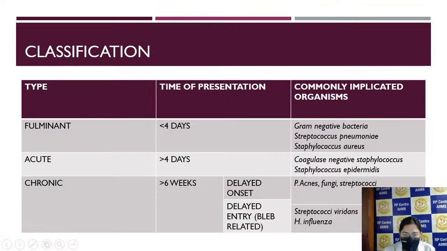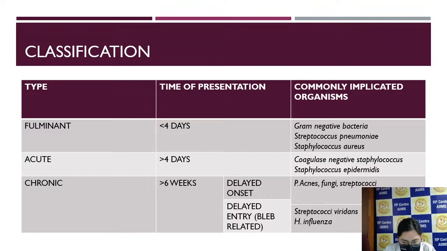The chronological classification can be divided into, the first one is the fulminant type, which usually presents within 4 days of the surgery, and the commonly implicated organisms are gram-negative bacteria and Streptococcus pneumoniae. Basically, these are highly virulent organisms. The acute type usually presents within 4 days to 1 week, and coagulase-negative staphylococcus, specifically Staphylococcus epidermidis, is the most common cause here. The chronic endophthalmitis usually presents after 4 to 6 weeks, and they can be further divided